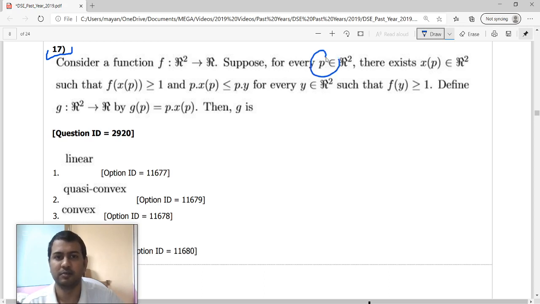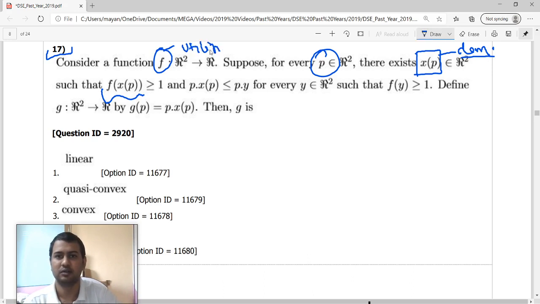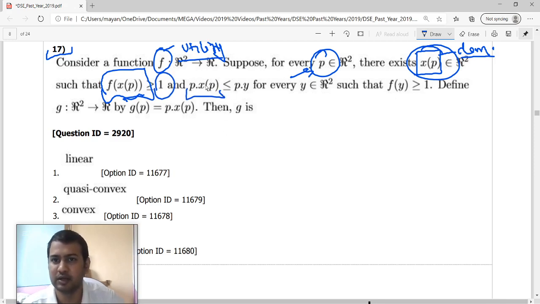So for every price vector, there exists an x. Let's call this x the demand function, some bundle x as a function of p, such that f, now let's call this function f your utility function. So you're saying that for every price vector there exists a bundle such that the utility at that bundle is greater than or equal to 1, and p dot x, so p dot x is price vector dot product bundle,